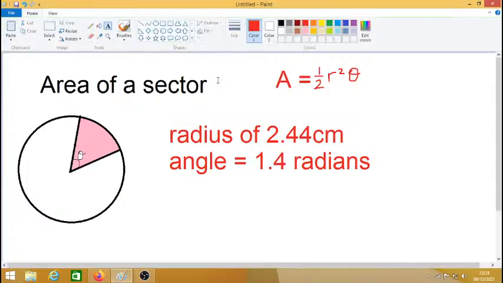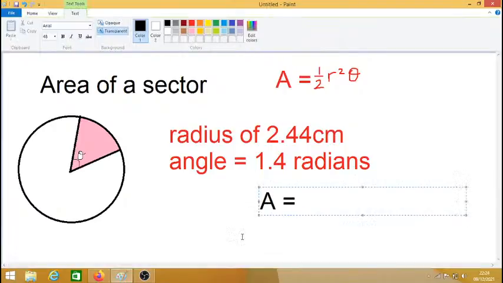So we're just going to put those two numbers into the formula. The radius is 2.44, that's going to go there. The angle is 1.4, which is going to go here. So the area is equal to a half